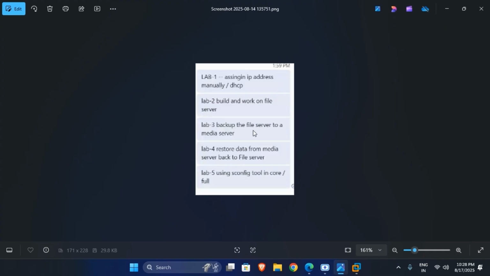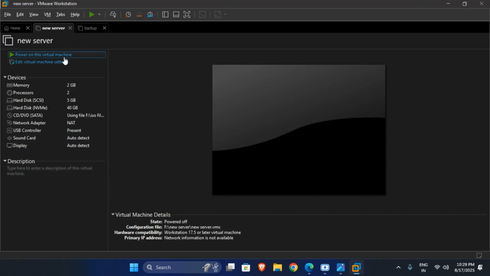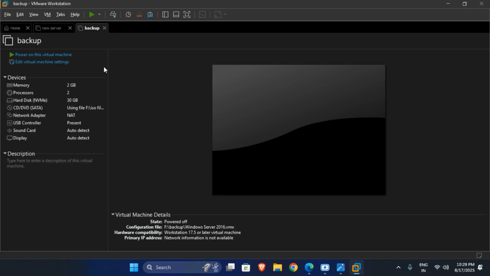Okay, so for backing up the server, we will need two servers, one for the original server, then second backup server. I have both of the servers created in my virtual machine. Look at here, this is my main server, and this is my backup server. Okay, so you will need two virtual machines with both of them Windows Server 2016 or both of them Windows